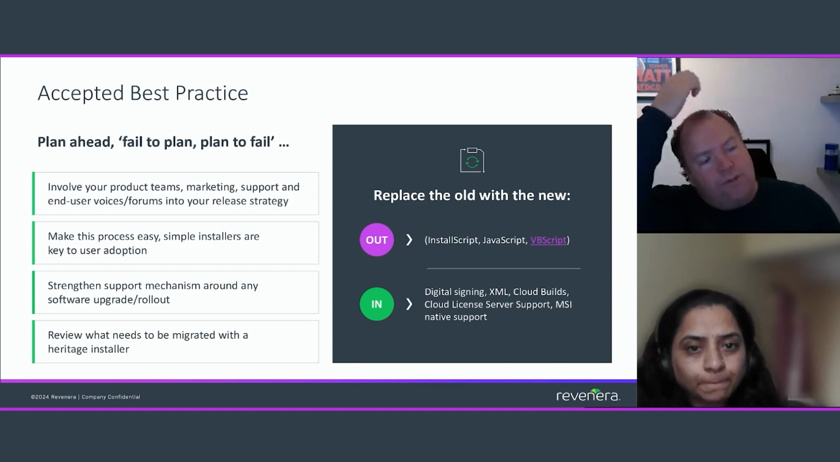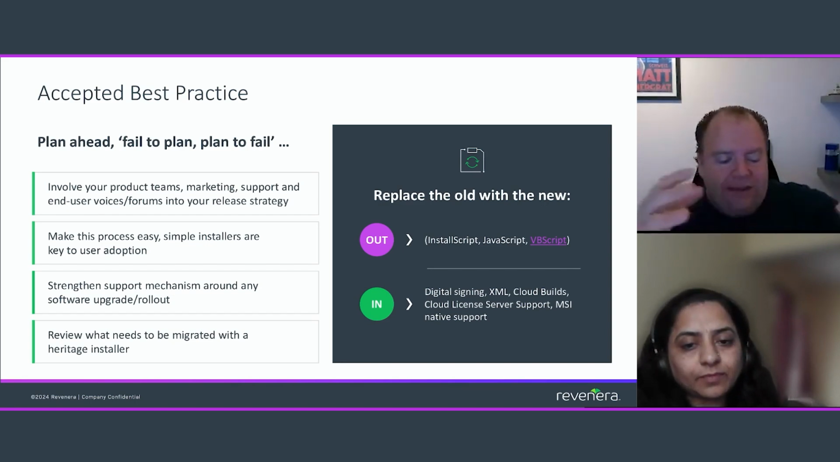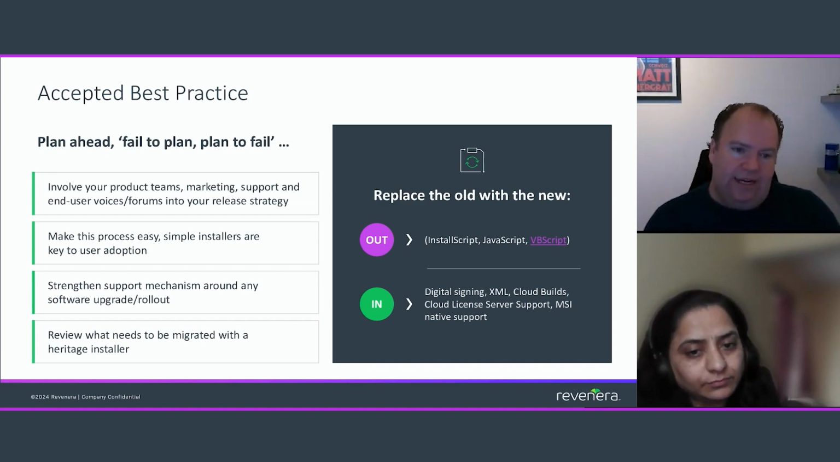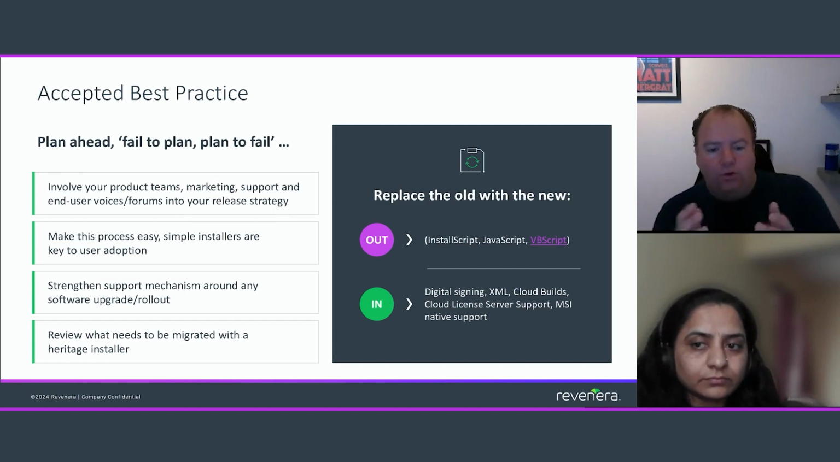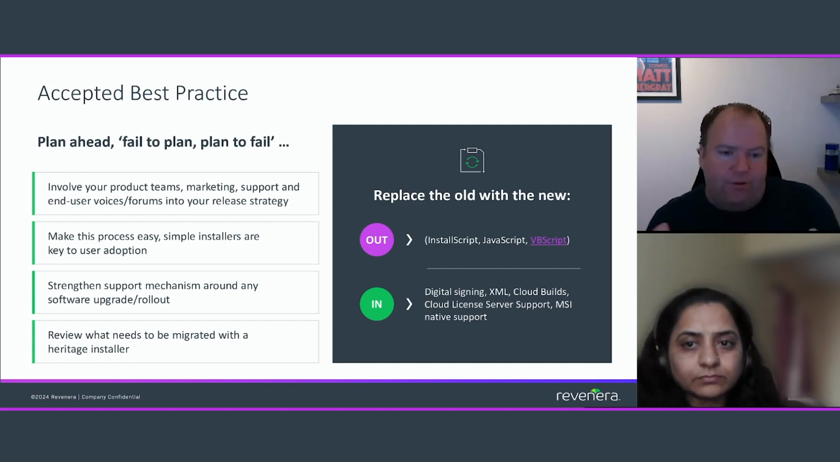So we talk about what is the shape of the installer. Is it like an old house with a garage, with a conservatory added, with another extension? That's fine for a while, but at some point you need to decide, are we going to redirect our efforts and perhaps pull a few things down and make some changes for the future? So you need to involve all your company's different departments: product teams, marketing teams, support, end users even, and forums